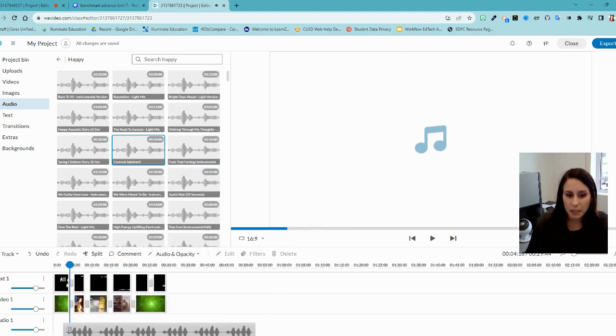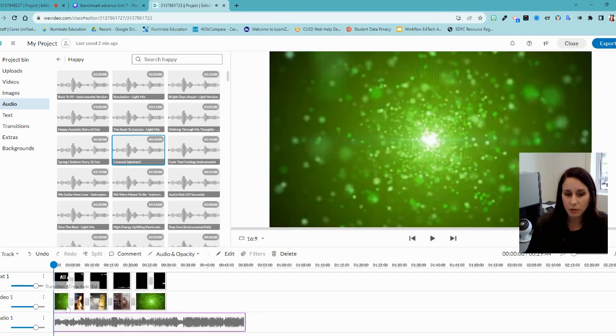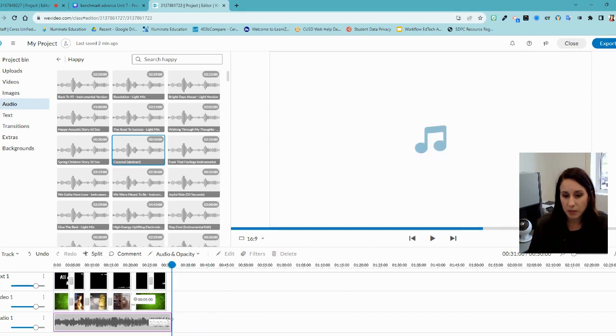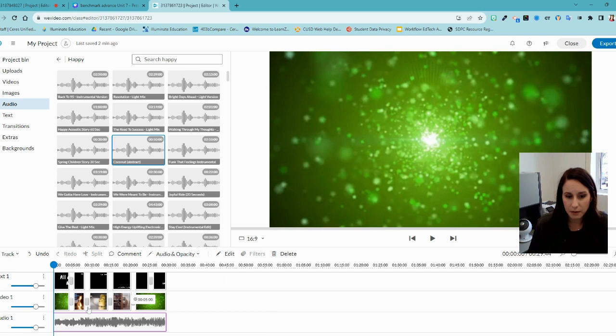So I'm going to click and drag it into the audio track. And as you can see, the song is longer than my video, so I'm going to click and drag to make it the same length. And I actually don't need to adjust the volume because I don't have anyone speaking during my video. But if you did want to have the audio fade in and out, you can